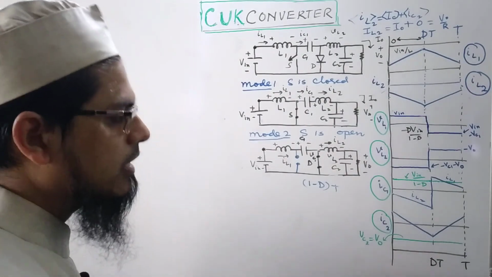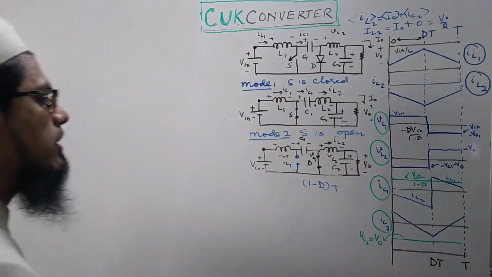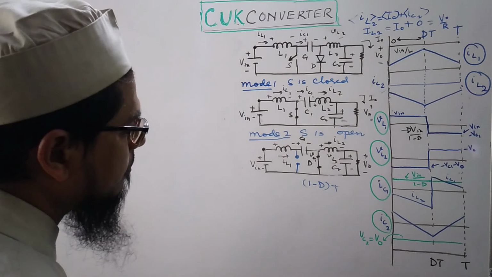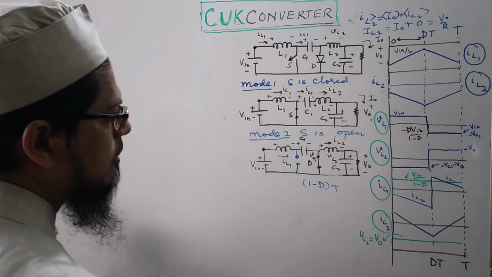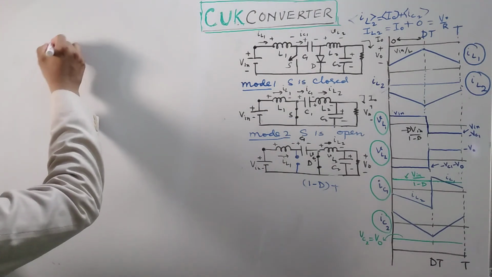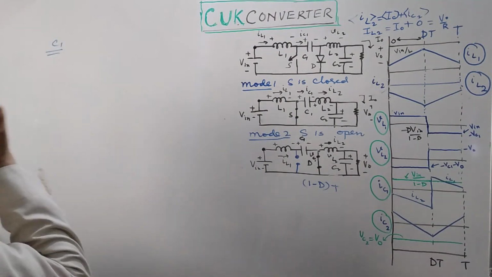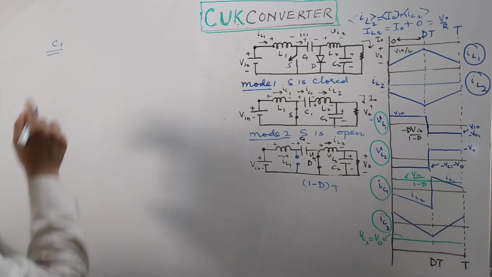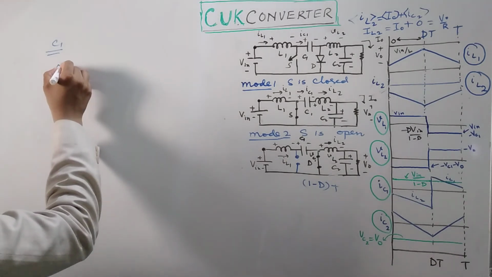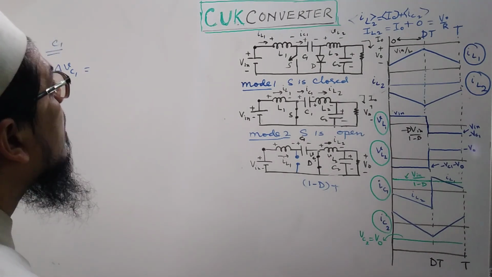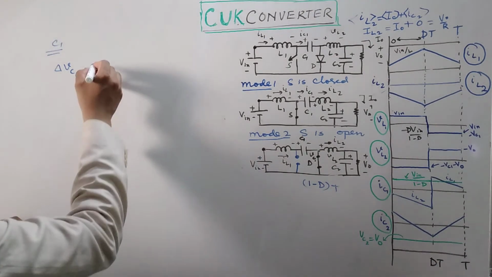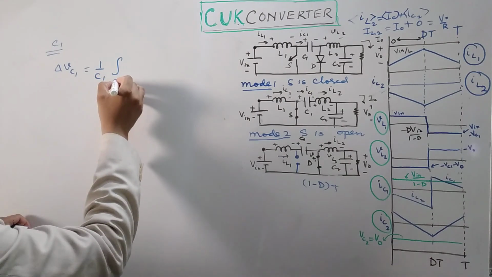So if we consider that and try to find the expression for the ripple in the capacitor voltage, let's start with C1. So delta VC1 will be given by 1 by C1, and I have to integrate it from